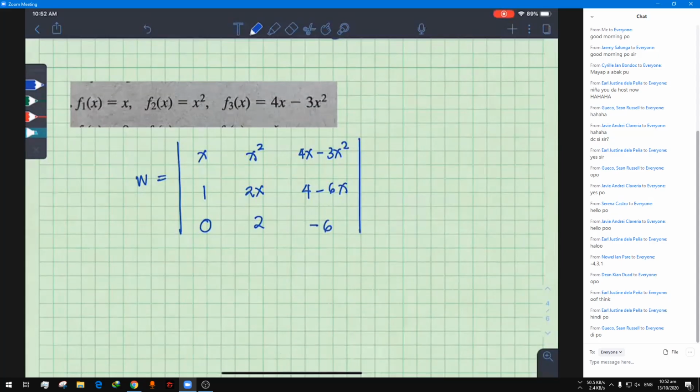So ngayon, since 3 by 3 na to, para hindi tayo malito, ang ginagawa natin is nire-write natin yung first two columns. Okay, kasi magda-downward minus upward tayo eh. So rewrite ko lang. So that would be x, yung first two columns, x, 1, and 0. Tapos x squared, 2x, and then 2. So ang mangyayari niyan, downward. So ang product ng downward niyan would be